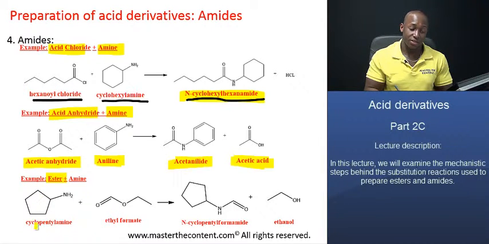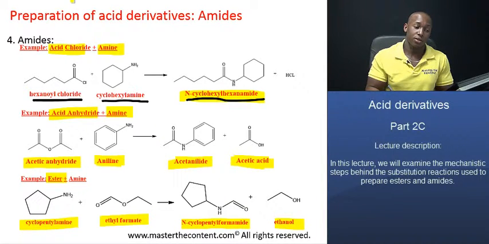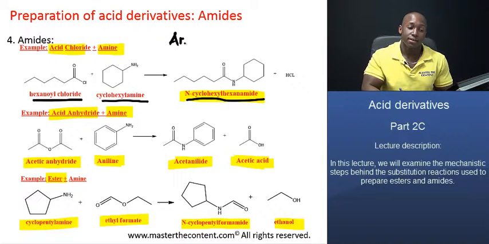We can also have an ester reacting with an amine. So in this case, cyclopentylamine will react with ethyl formate, which is an ester, to form N-cyclopentyl formamide and our alcohol byproduct. So as you can see, it's a very generic trend because the amides are at the very